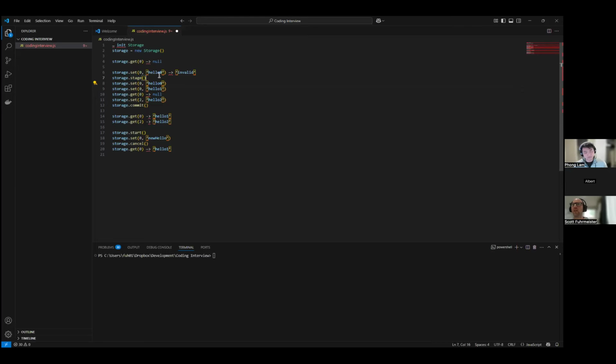So if you set before you've staged, it's invalid. You're getting the 0 index. It hasn't been committed yet, so it hasn't got anything committed. You're getting the 0 value, which would be the last one set up here. So it'd be hello one.